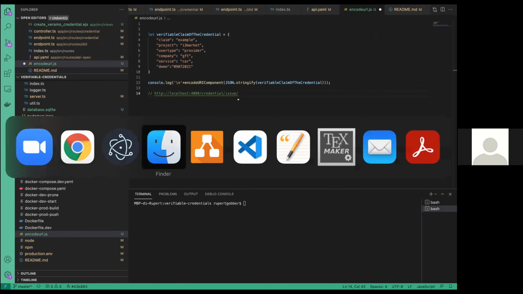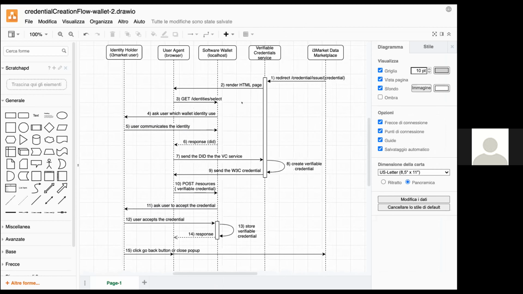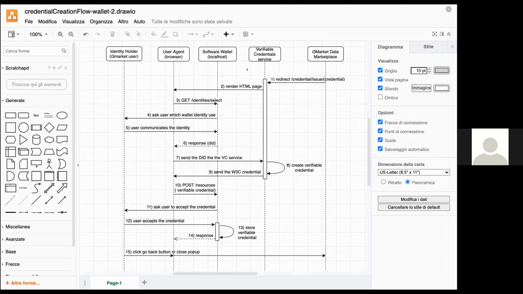I'm going to show you the flow we currently have to create a verifiable credential and store it in the software wallet. Initially, the user is redirected to a page of the verifiable credential service that renders an HTML page that asks the wallet for the identity. Then the wallet asks the user, as Fernando showed us before, to select the identity. The identity is returned back